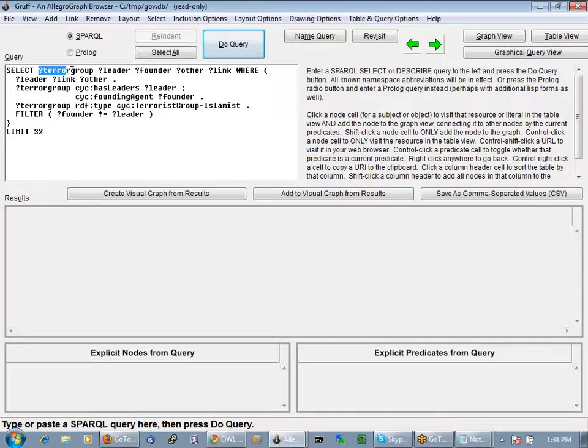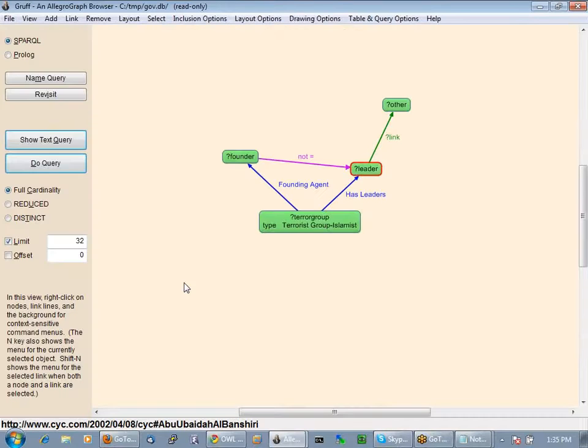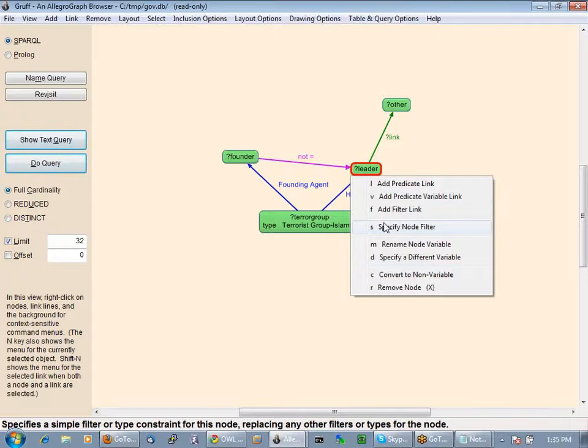Now we get this terror group, leader, founder, other, link, where the leader has a link to someone else, or to something else. There's a terror group, there's a leader and a founder, and this terror group is of type terrorist group Islamist. I can do the query, and here I get a whole bunch of results. Now I can even continue, because say I want to reduce my results, and I only want to see the terrorist groups where Osama bin Laden is the leader. So I could put a filter on leader. I right-click leader, and I say